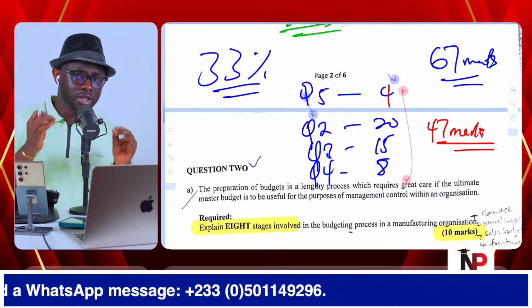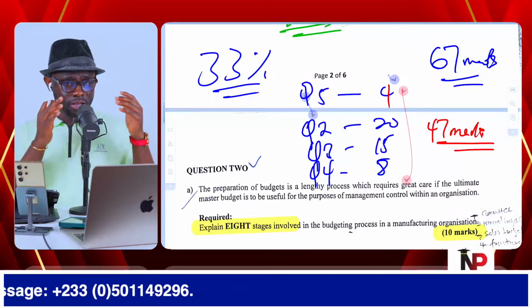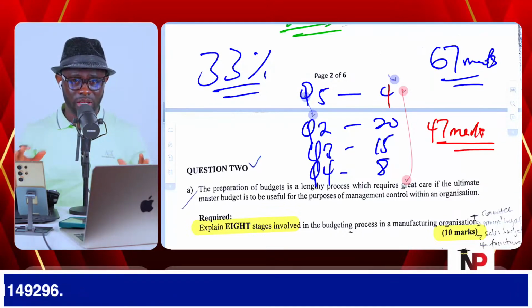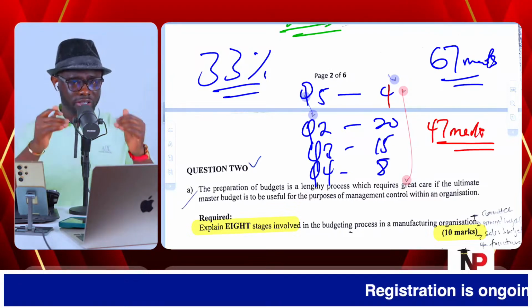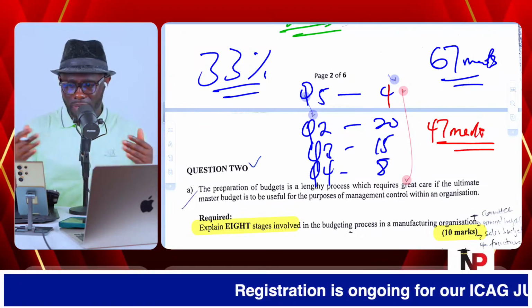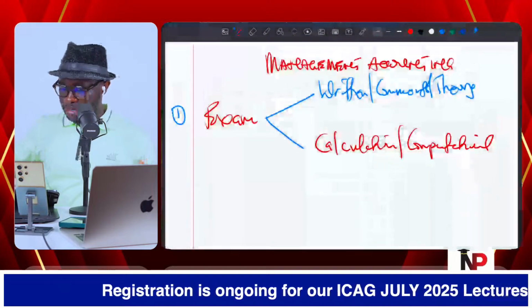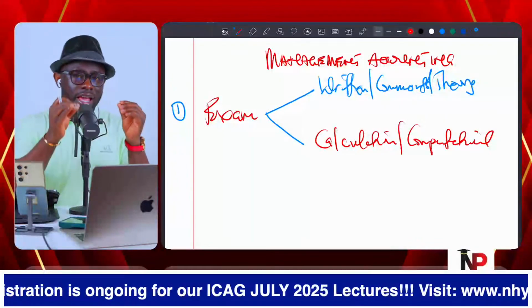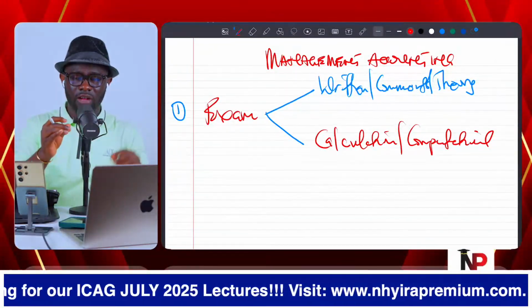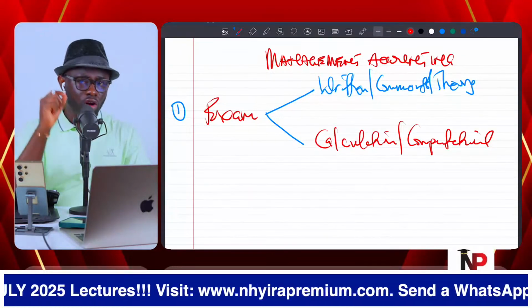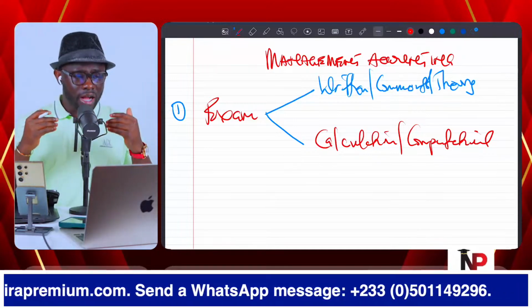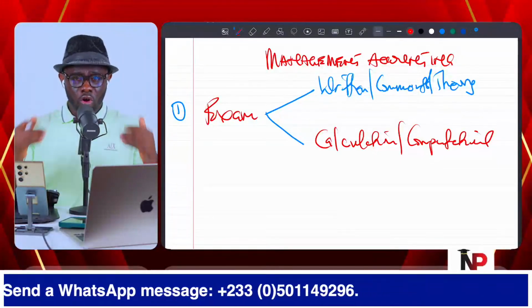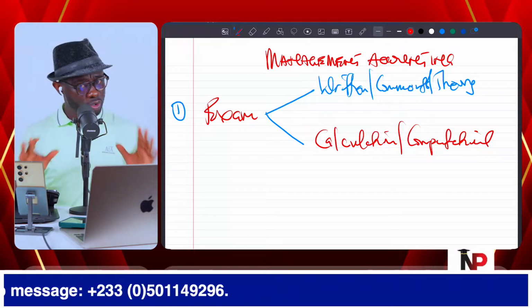And that is the first thing you must understand when it comes to the management accounting examination in the ICAG exam. Now, it does not mean every time it's going to be like this, but that is what I want you to understand. That in the exam hall, when it comes to management accounting, we are going to have written, comment, or theory questions. Then we are also going to be having some calculation or computational questions. That's what you need to understand.